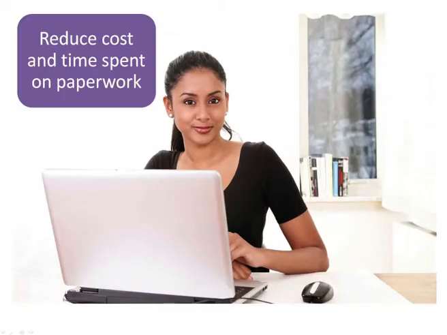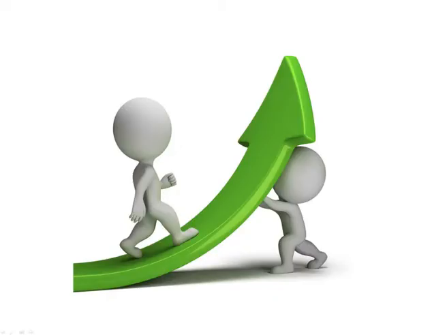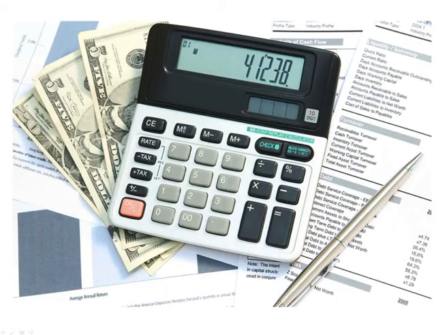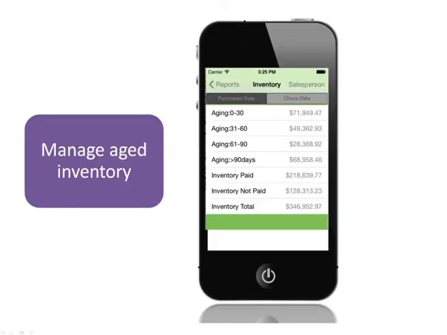The third component of Car Inventory to Go is reducing time and costs on paperwork. Entering data while you write a check or make a deposit eliminates typing or writing of this data in multiple places. Having accurate information at your fingertips at all times allows you to make smarter selling decisions which directly affect your profit. Uploading of this data to QuickBooks reduces accounting fees, and managing aged inventory improves your cash flow.